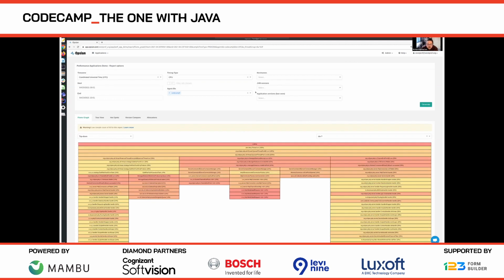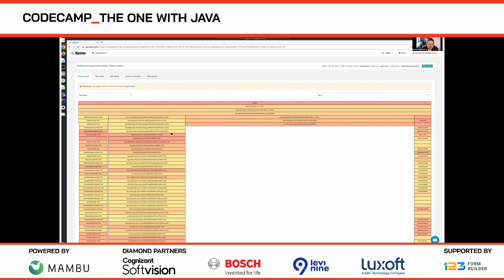And that is when you want to look at a different type of profiling data. So not CPU time, time spent on CPU, but wall clock time, time spent from the beginning to the end of the application.